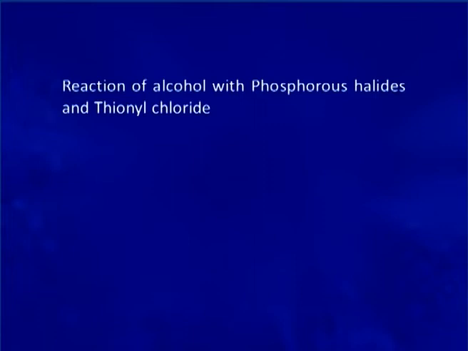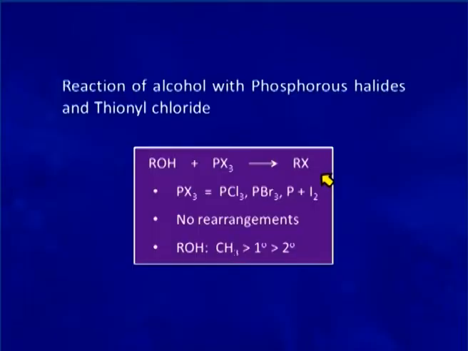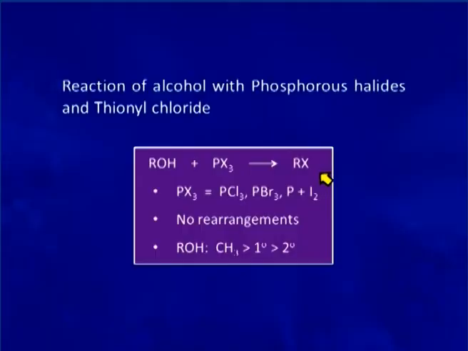We will now discuss the reaction of alcohols with phosphorus halides and thionyl chloride. When it reacts with alcohol, it forms haloalkane. The beauty of this reaction or the difference from the earlier reaction which we have discussed is that there is no possible rearrangement in this case, whereas in the earlier case we have seen that rearrangement was possible with secondary and tertiary alcohol. Similarly, here you can see that alcohols follow this order of reaction, that is methanol reacts fastest with phosphorus halide and thionyl chloride, and then is primary alcohol, and then is the secondary alcohol.